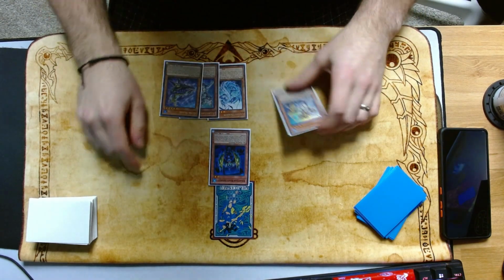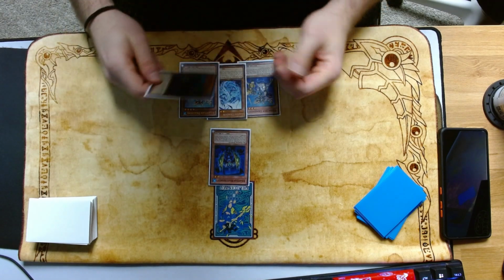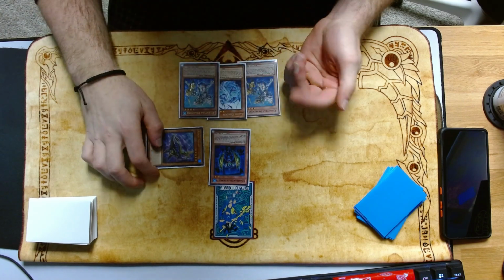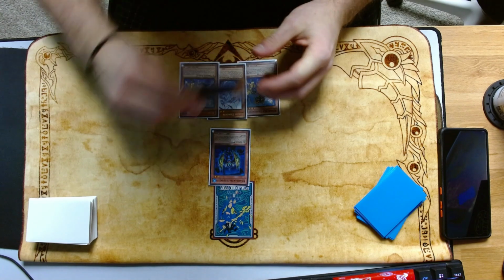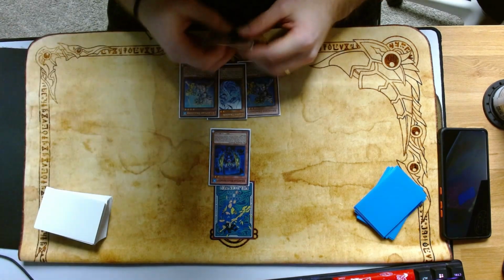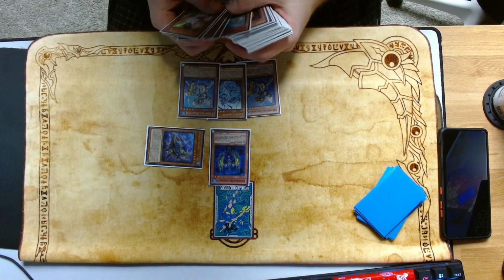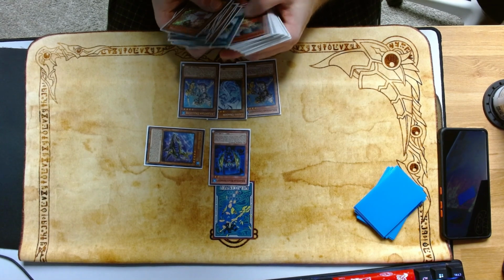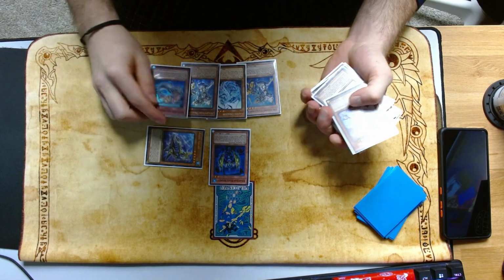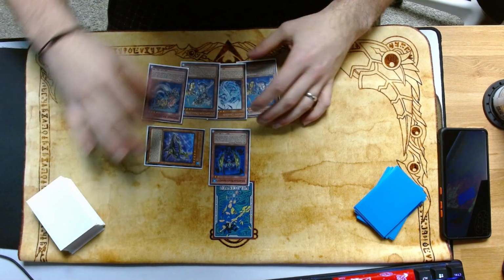We go Normal Infantry. Does it work? Yeah. I don't know. Normal Infantry. Special Abyss Keeper. Abyss Keeper grabs us our Pike. And then,